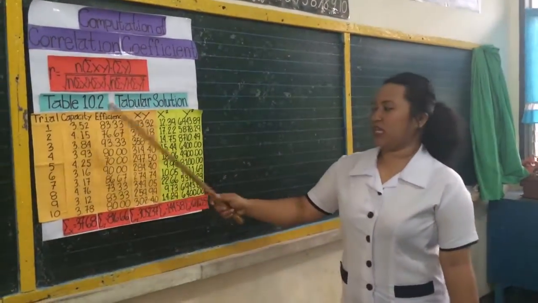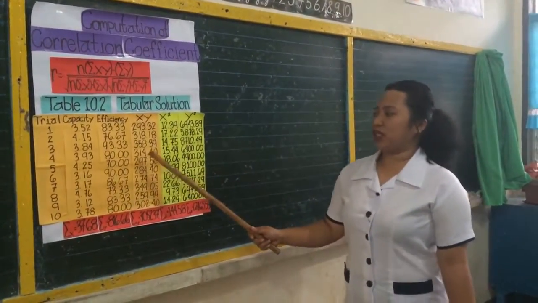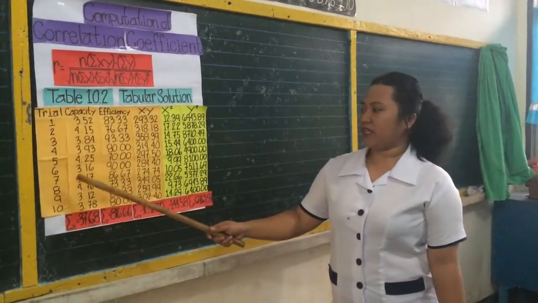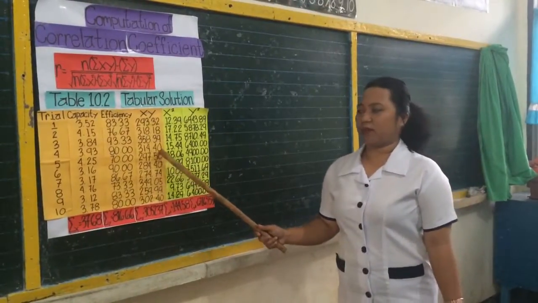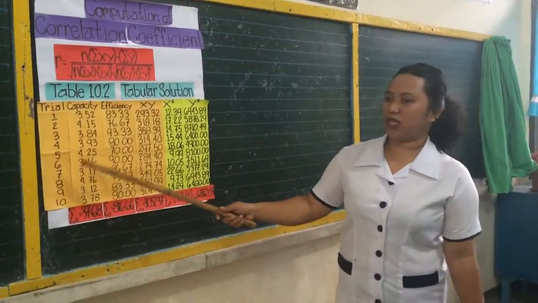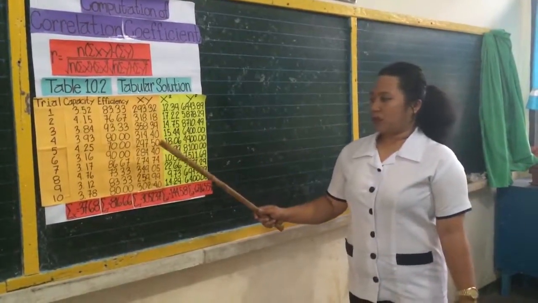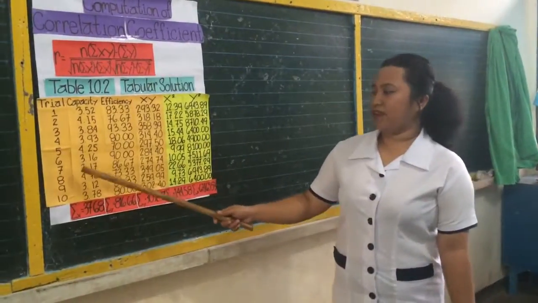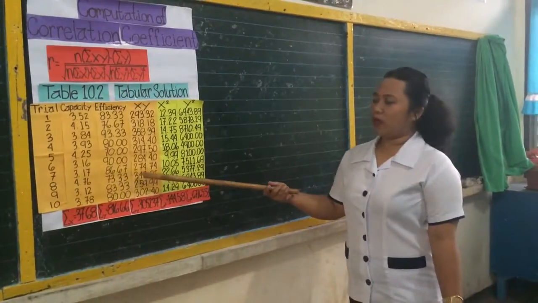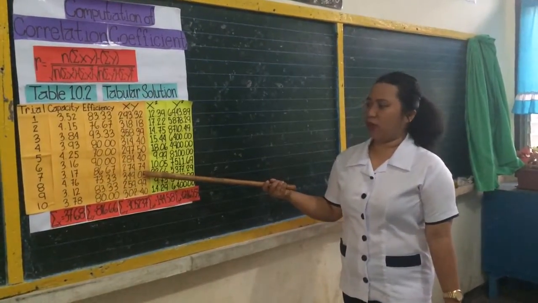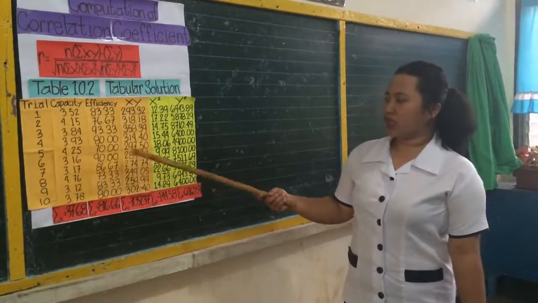358.39. The fourth is 3.93 times 80 equals 314.14. The fifth is 4.25 times 70 equals 297.50. The sixth is 3.16 times 90 equals 284.40. And seventh is 3.17 times 86.67 equals 274.74. The eighth is 4.76 times 73.33 is